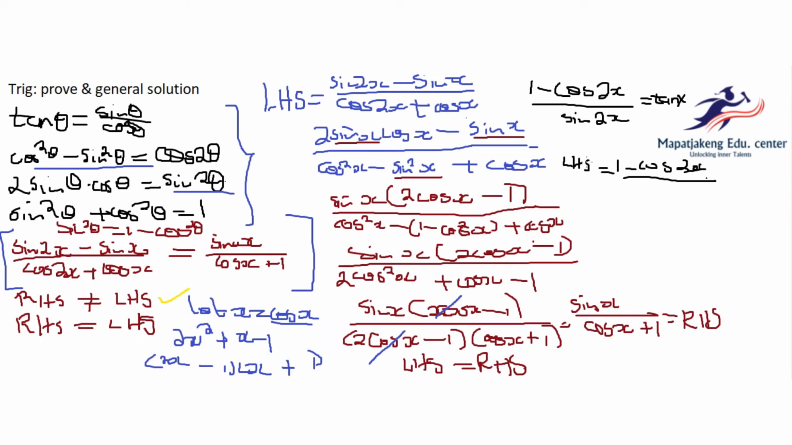Why the left hand side? Because this can be changed. You cannot change tan the other way around. You just have to change the left hand side. But it's not a norm that you must always take the left hand side. You can take the right hand side and prove otherwise, depending on which one is more